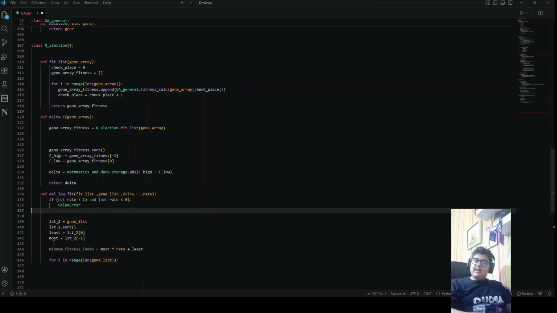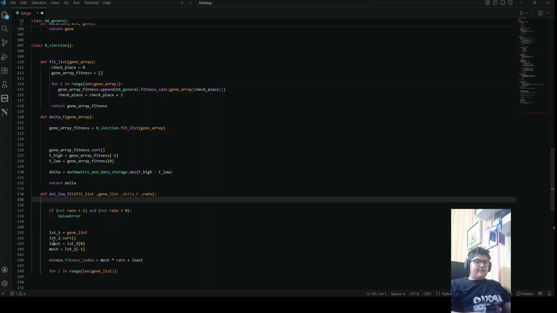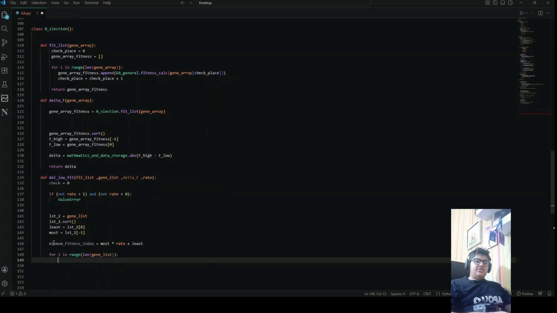We will be making a variable here. So let's also add a variable, which we will call check, which will be 0. For i in range len gene list, here, if